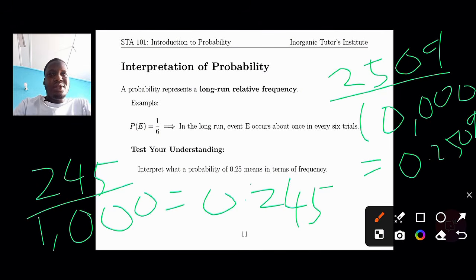Okay, so what do we see? When we approximate each of them, we are getting 0.25. So we say that when you conduct the experiment for a longer period of time, the probability of getting the red ball is approximately 25%. So we can conclude that the number of red balls in the confinement from which we are picking constitutes 25% of the total balls. So we can say that for all the balls in there, 25% are red because of this long run experiment